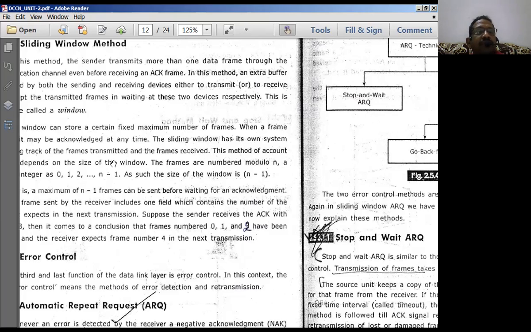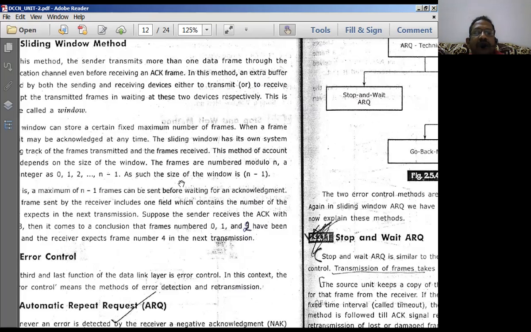This method of managing the count of data frames at the transmitter and receiver depends on the size of the window under consideration. The frames are numbered based on a modulo n operation. Here the modulo takes values from 0 to n minus 1.